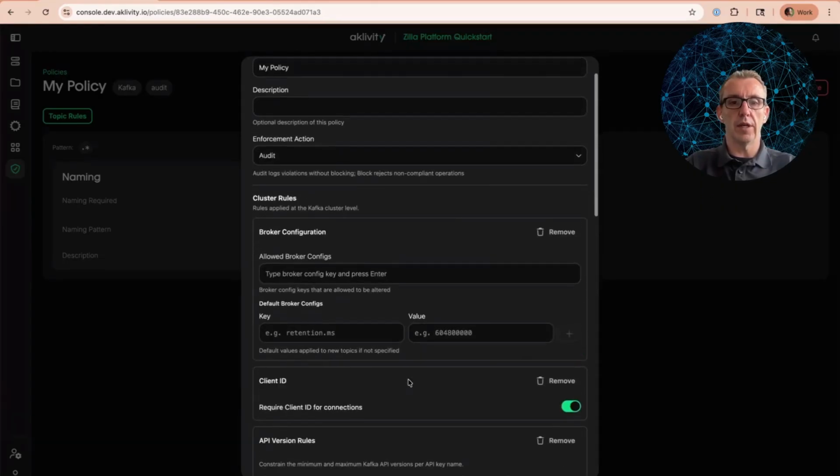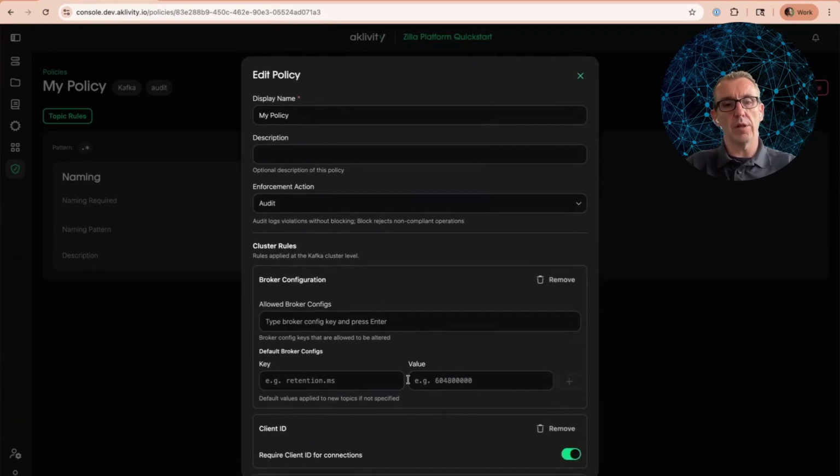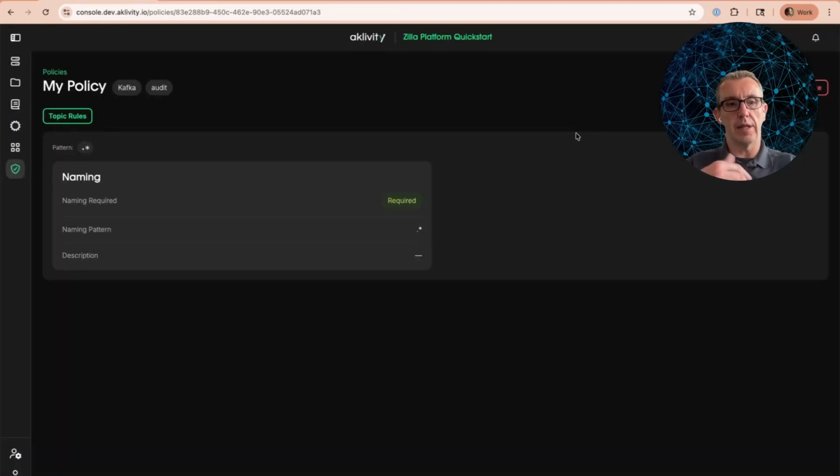So you can see here that it's possible to create a policy that could define and enforce the rules that you would otherwise be forced to enforce at the operations team, and that this is allowing people then to interact with the brokers in an approved way, so that they're only doing the things that team wants them to be able to do. So then that's all about interacting with the cluster at the more administrative level.